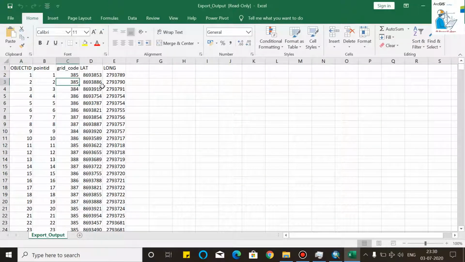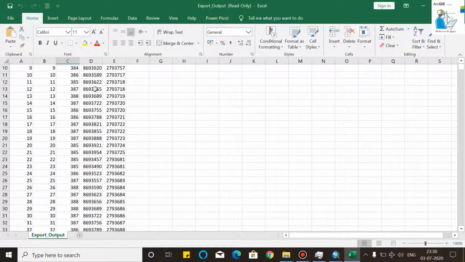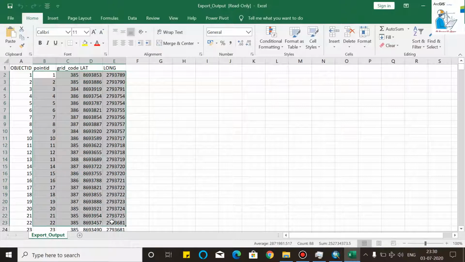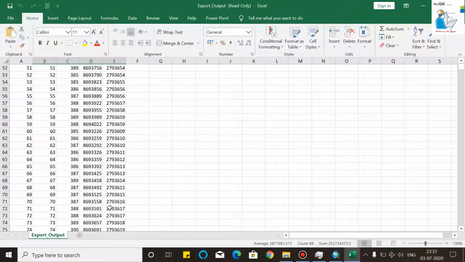Now your CSV file is exported to an Excel sheet. Now you can use this to find the coordinates of each pixel.